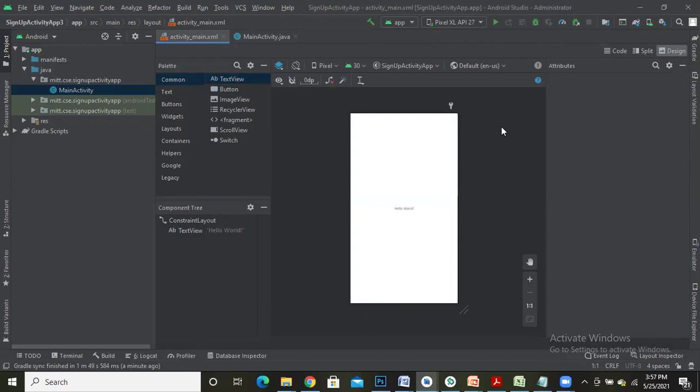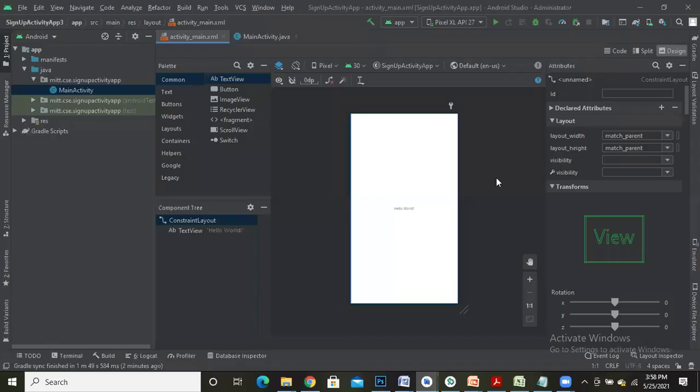So design this activity for reading an email as well as password. To begin with, there is design. Let me go to this view option and select show system UI.